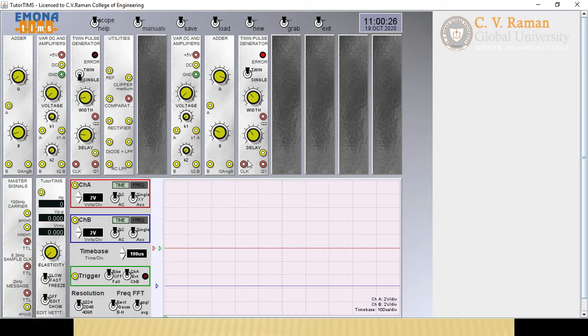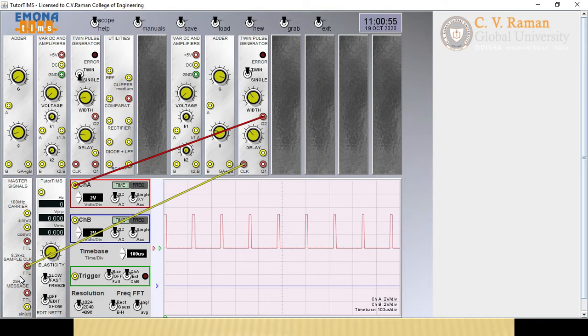So if you see here, I am now giving a clock. This clock is available here. If you see, the 8.3 kilo sample clock is available in the dashboard. This clock I am going to apply to the input of the twin pulse generator. Okay, see here. Clear now? Now I will check the output here. Suppose Q2 I will check, by connecting it to channel 2 of the DSO.